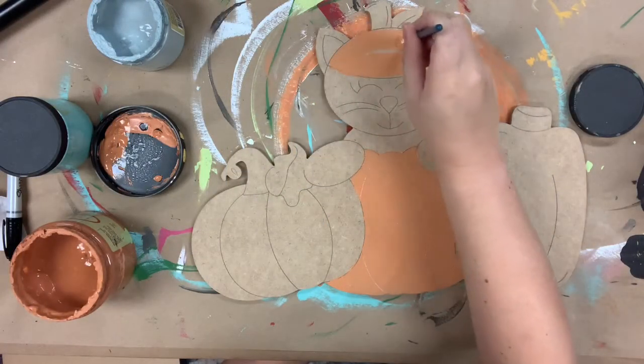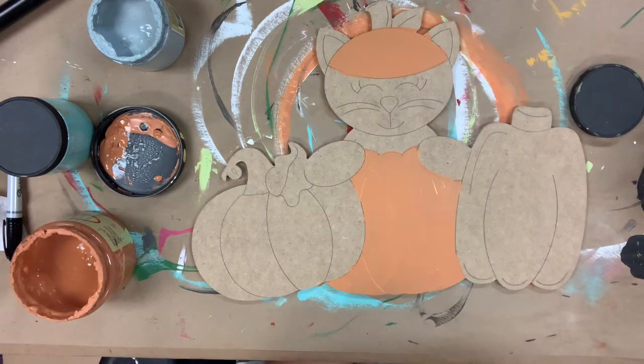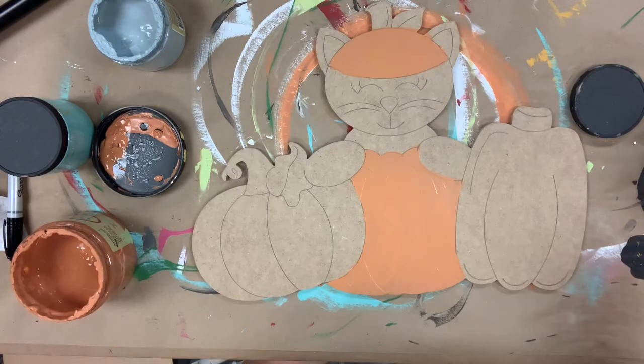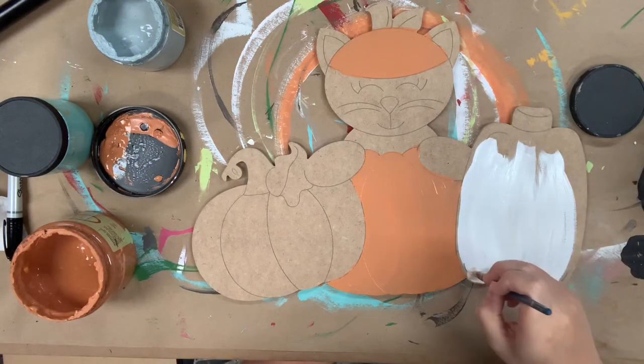And this is a paint by line product, so that means all these lines are etched onto the cutout for you, so you don't have to worry about freehanding anything. And I've just gone in first and painted my first pumpkin in the color terracotta, and I'm going in now